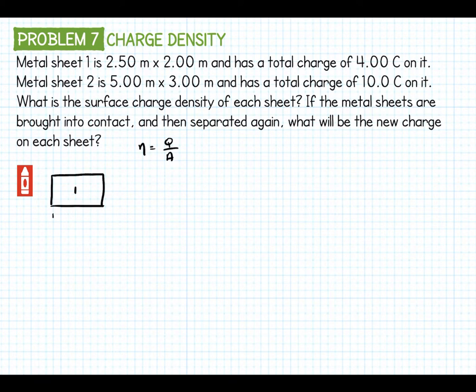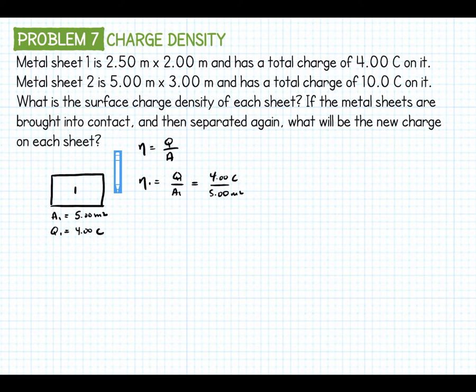Okay, so it has an area 1 of 2.5 times 2 meters, so that's going to be 5.00 meters squared. And then it has a charge of 4 coulombs. So that means the surface charge density is going to be Q1 over A1, which should be 4 over 5,